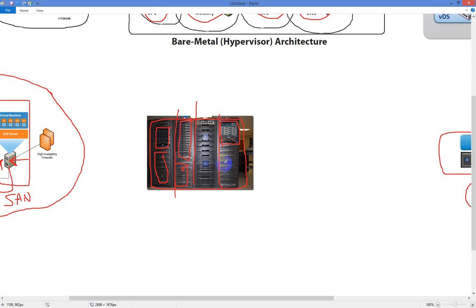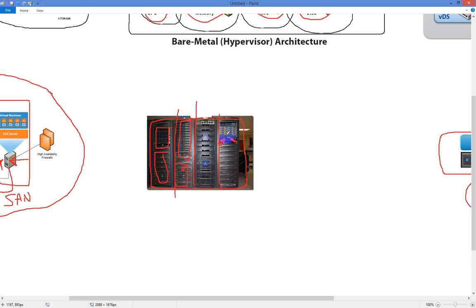C is rack mount. B is blade. At least that's what I'm familiar with. And I don't know if you can tell or not, but we have some Ethernet cables or fiber cables running out this way. My guess, and this is just a front-facing picture, I don't know for sure, is that these fiber cables are connected to either the fabric interconnect or a FEX.